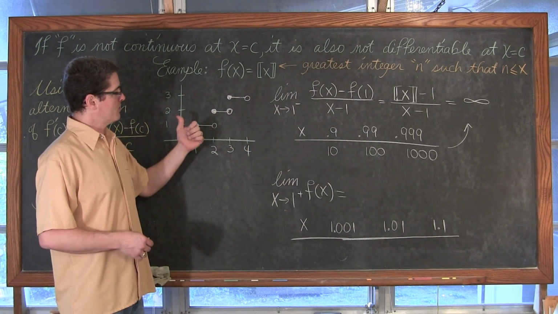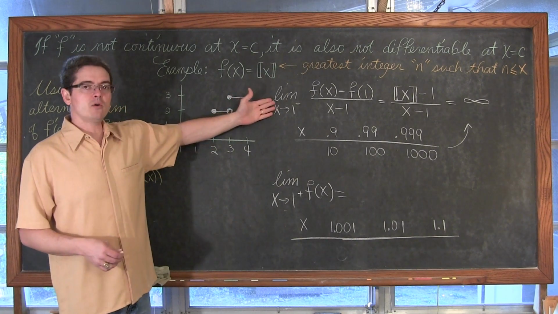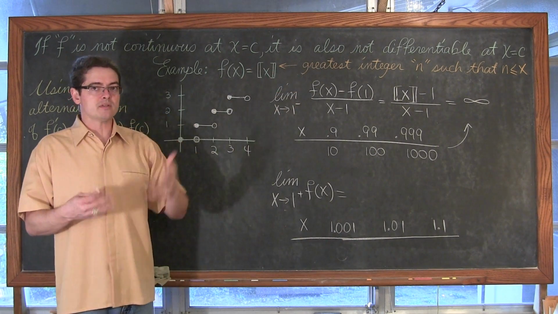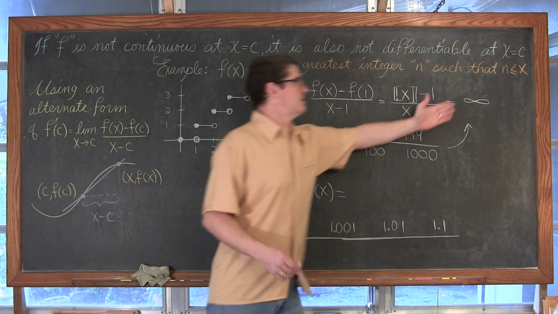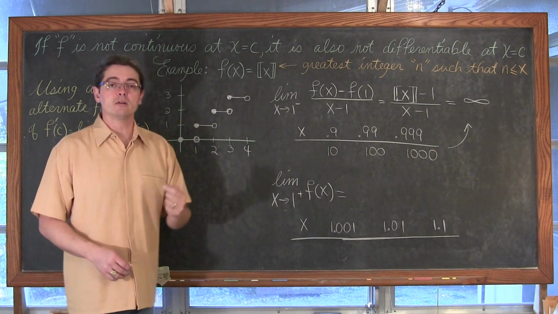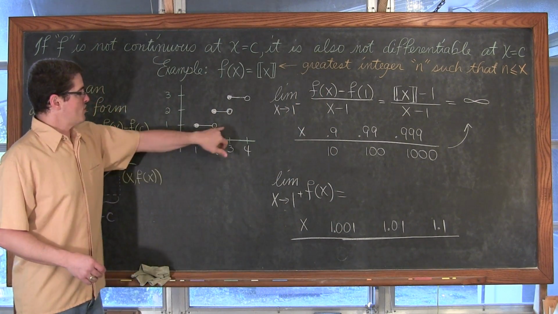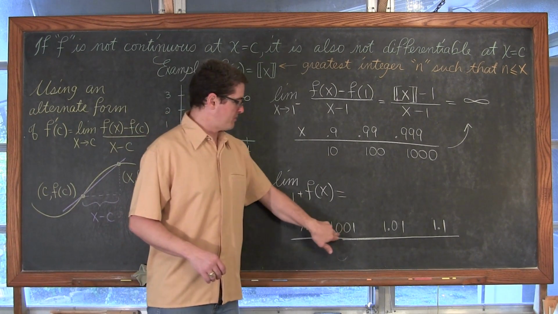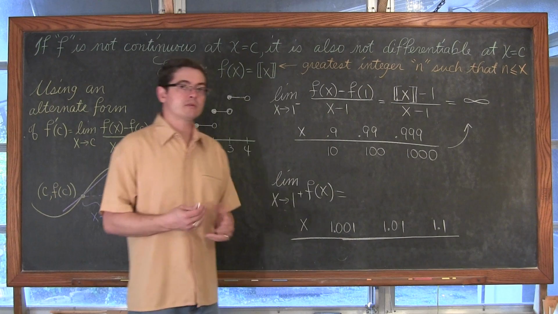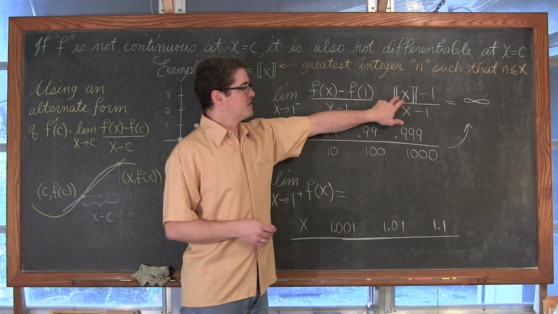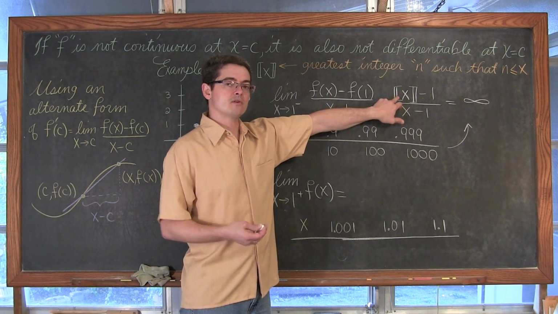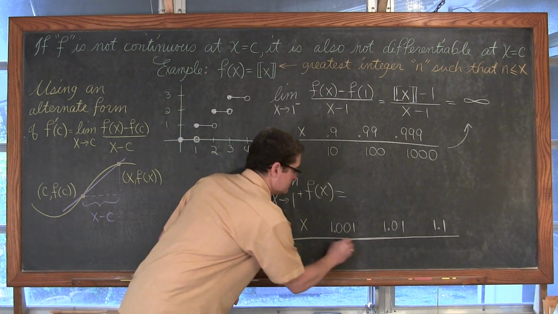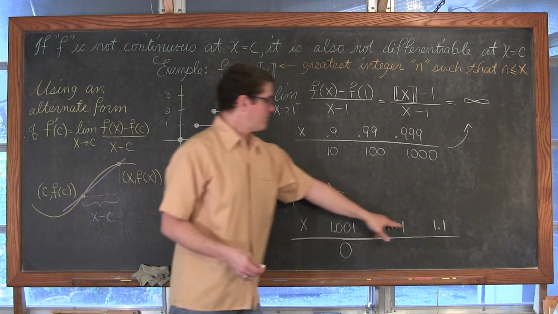Now as you approach from the right, we've already shown, even with that one-sided limit, that it is infinity, and we talked about infinite limits, but even stating that the limit is infinity is stating that the real limit does not exist. As you approach from the right, let's take 1.001 and plug it in here and see what the value is. Well, 1.001 plugged into the greatest integer function brings it down to just 1, and 1 minus 1 is equal to 0. Plug in 1.01.